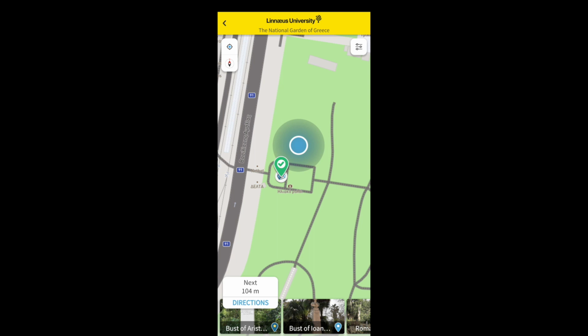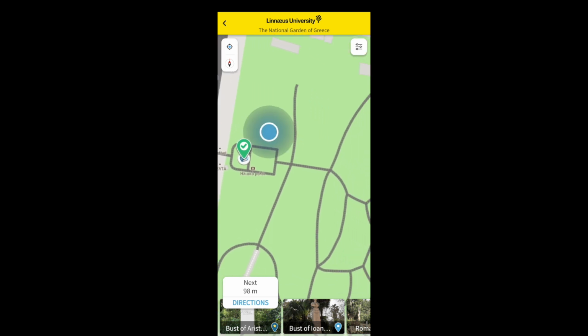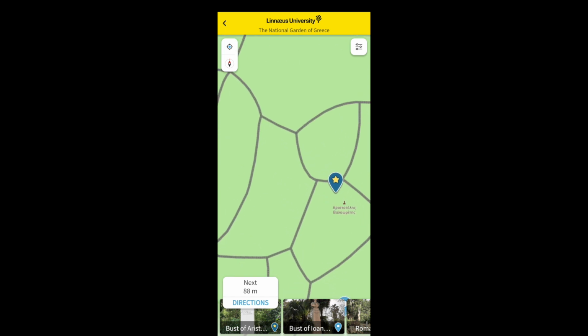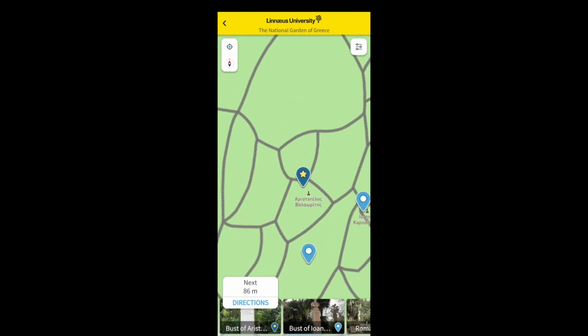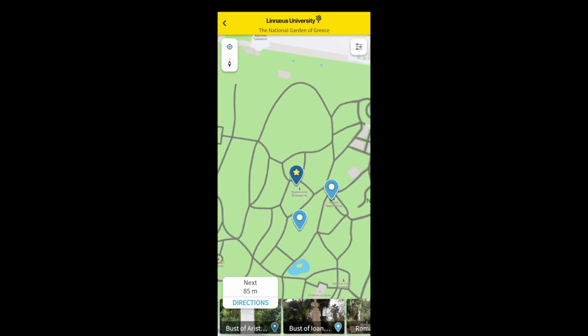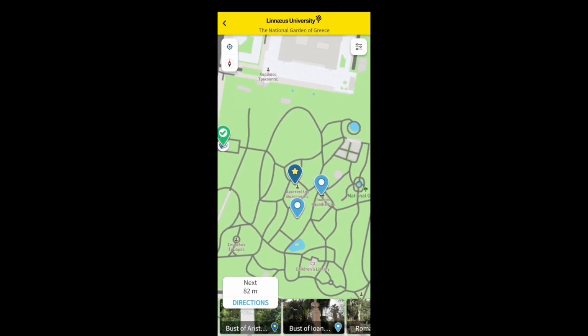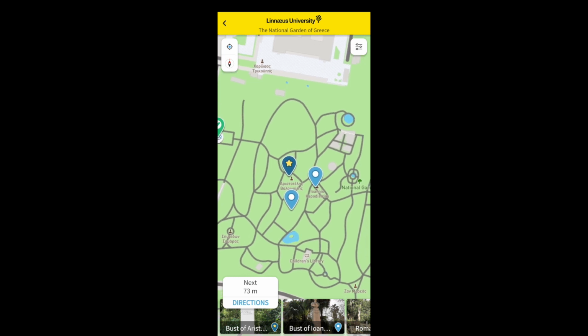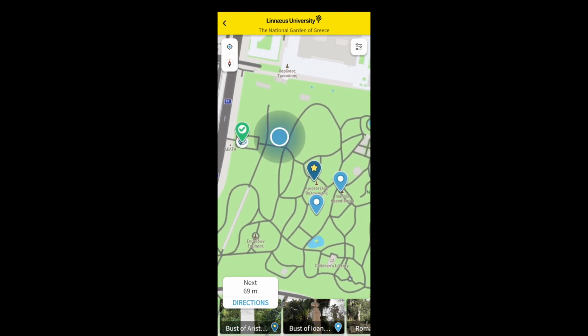So I will be walking along the garden paths and see if we can approach the bust of Aristotelis Valaoritis over here. For this presentation, I decided to mainly show the first 2 stops of the tour. Both of them feature an AR element. So the second AR element will